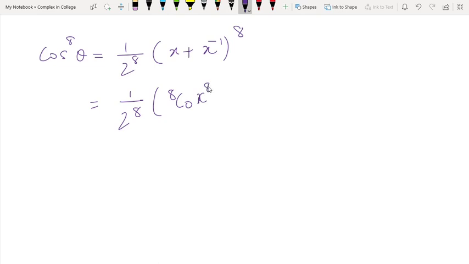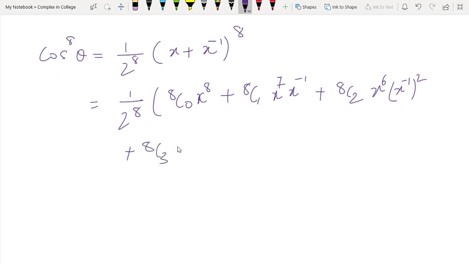So 8C0 x raised to 8, into first term to the power 0, so no need to write, plus 8C1 x raised to 7, reduced by one with the leading power, and the second term will appear here with the power 1. Moving further, there we have 8C2 x raised to 6 x raised to minus 1 squared